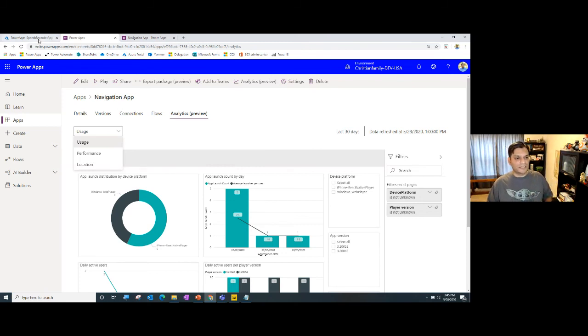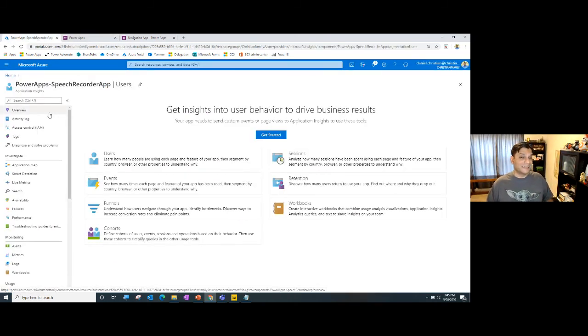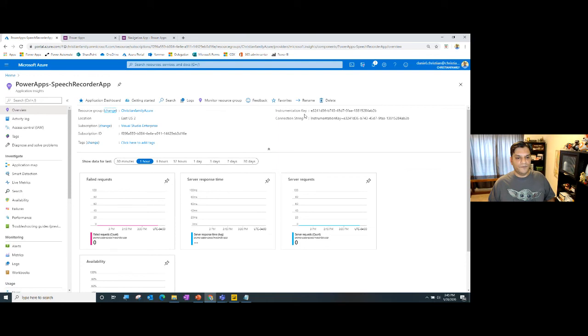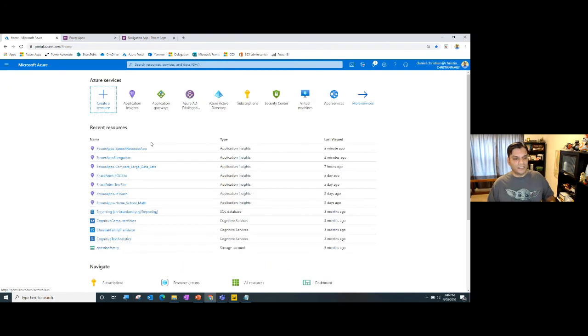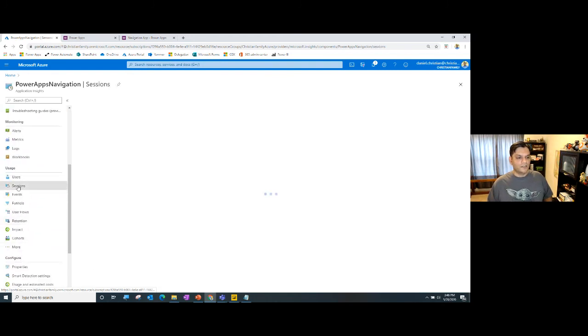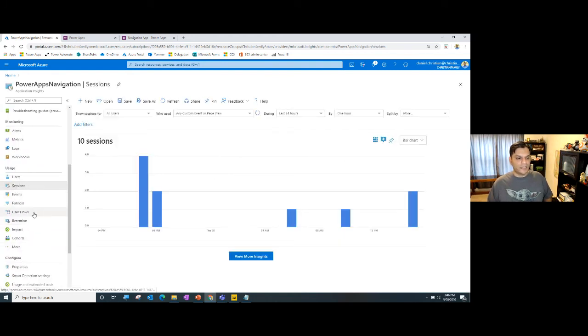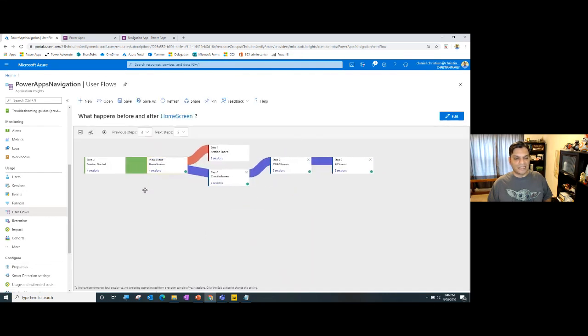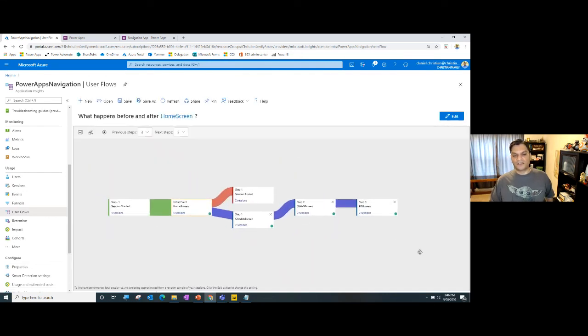When you use Azure Application Insights, just make sure you're mindful of the licensing. The licensing is not based on per user, but on the amount of data usage, which in this case was gigs. Once you've set that up, you can get that instrumentation key, add it to the app, and give it at least an hour, minimum 30 minutes. Sometimes I've seen it go as fast as 15 minutes. And then you can start getting all this information that I showed you, right down to the flow of the apps, the flow of the users, and the usage of the apps at this detail level. It shows all of that.